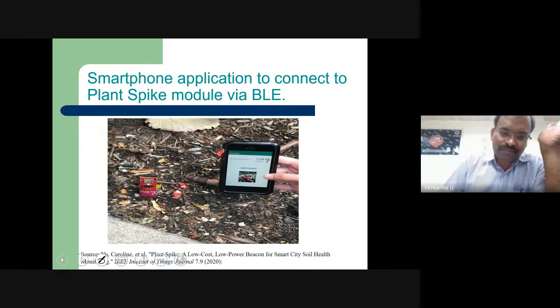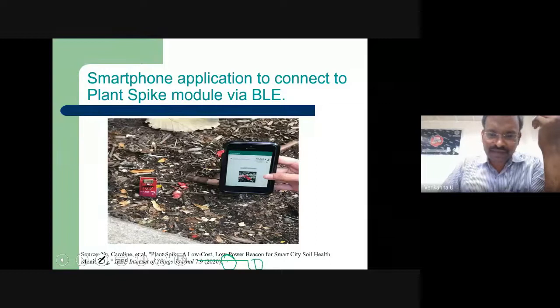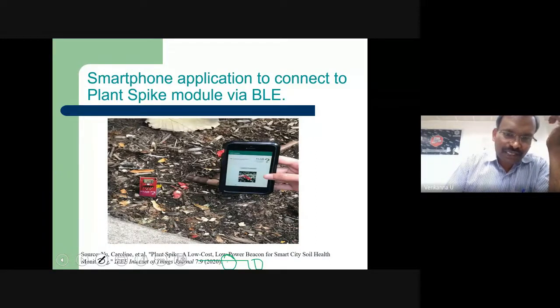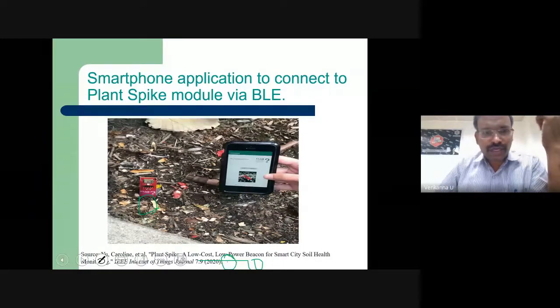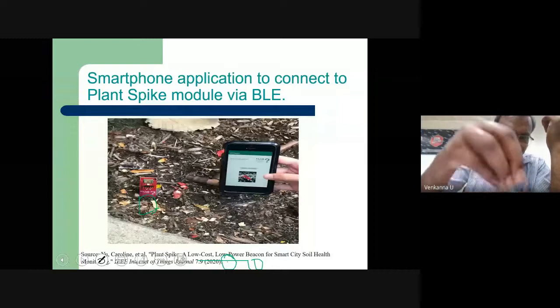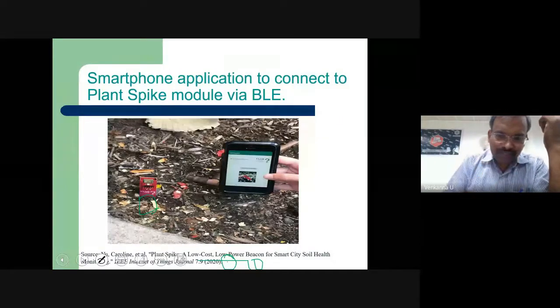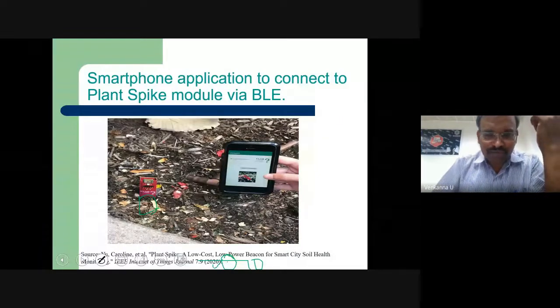See, someone developed this in a top quality journal. Maybe you know the one I kept at the bottom, called IoT Journal. It is a 10 impact factor journal. A researcher developed a standalone moisture sensor node, maybe dug into the soil field. This is also very recent work, from 2021.